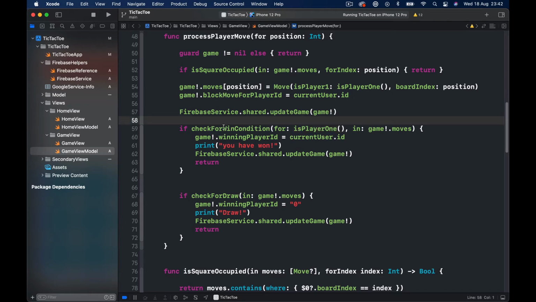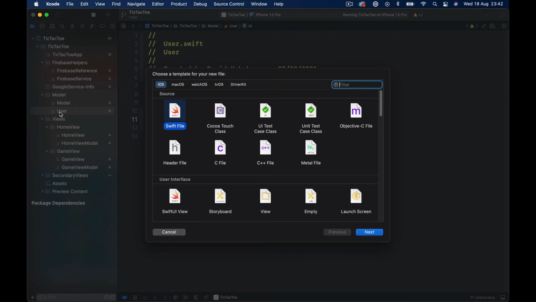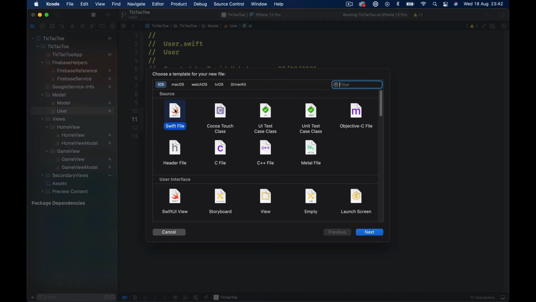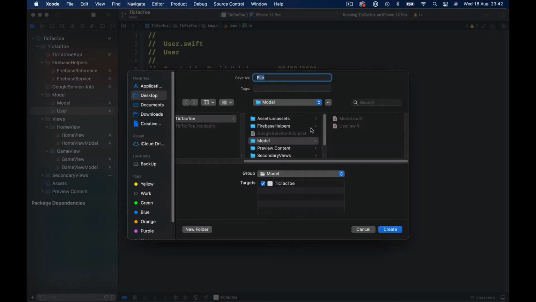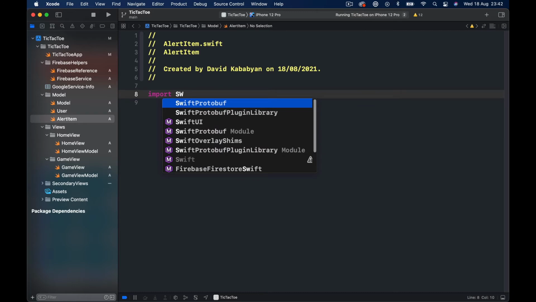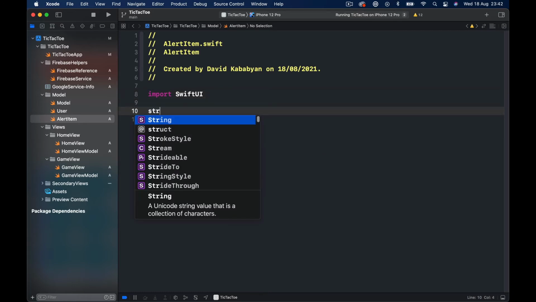All right, and now let's just go to our model here, and I'm going to create a new file, which is going to be our alert. So this is going to be a Swift file, not SwiftUI, and I will call this alert item. Okay, and we need to import SwiftUI, and I will create a struct